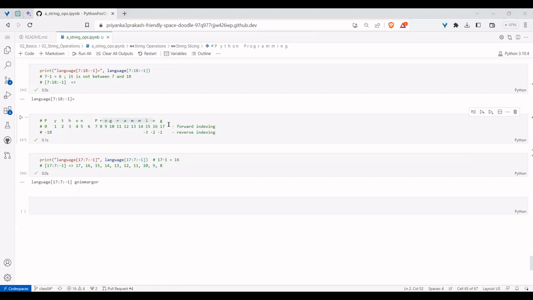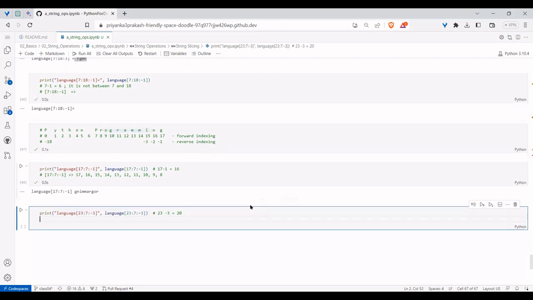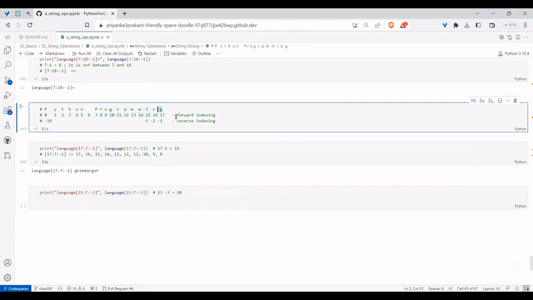In the same fashion, if I am asking for something which is not present, say 23 to 7 with a step of -3. 23 is not there at all. I have values from 17 onwards, right?